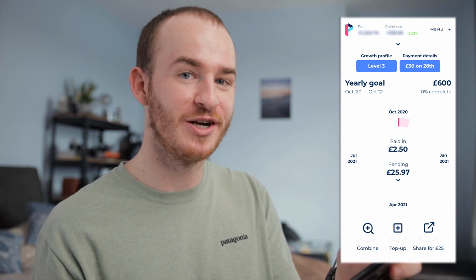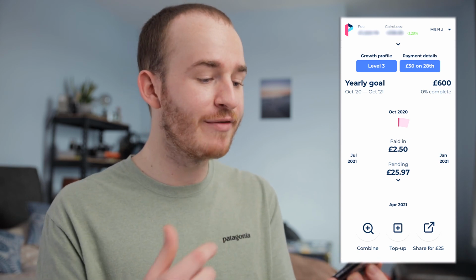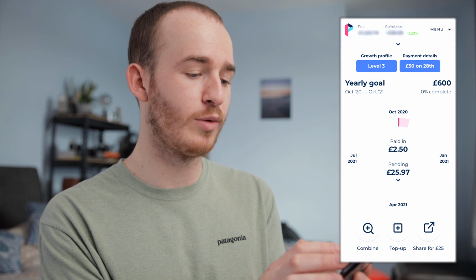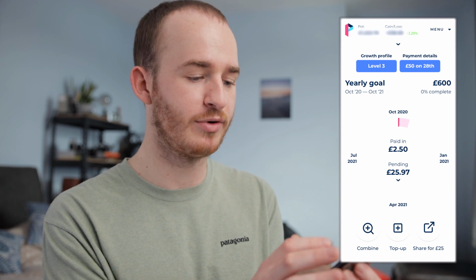The interface, as you can see, is very contemporary and it's very up to date with how apps in general look in 2020. And it makes things very, very easy to navigate. At the very, very top, you can see what my pension pot currently is and then what I've gained or lost, which is, I'm currently up by 3.29%, which is nice because sometimes that does go down